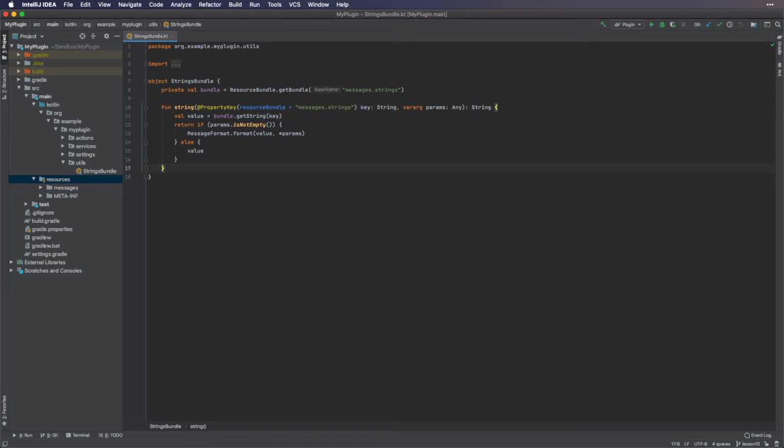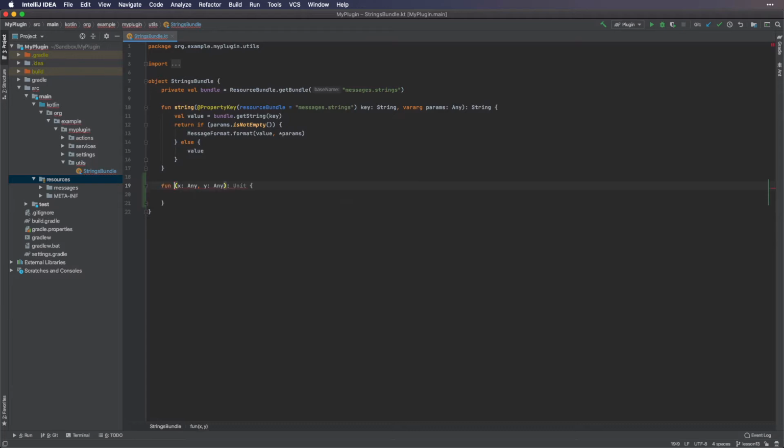Live templates are used to insert common constructs into your code. You can think of them as something similar to a code shortcut. A live template consists of an abbreviation that, when used, expands to real code. For example, the abbreviation void expands to a new empty function, and the abbreviation fun2 expands to a function with